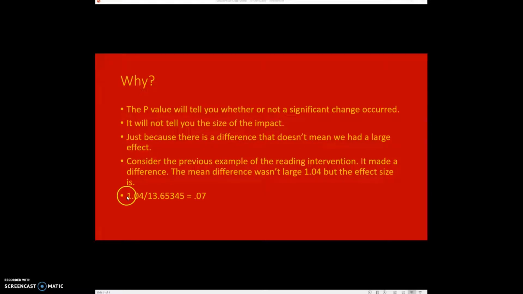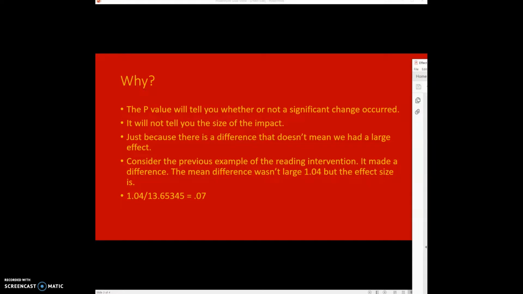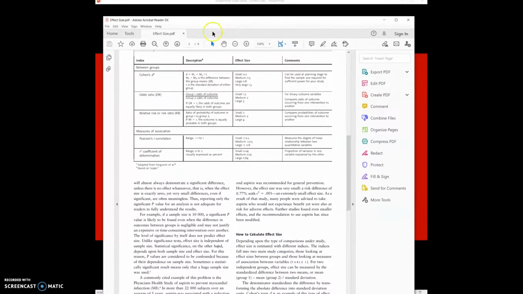I had negative there, but that's okay. It doesn't matter. It's the mean difference. It's an average of 1 point. And you divide it by the standard deviation of either of the two populations. I just happen to use the pre-test. So that effect size is 0.07. That doesn't seem like much, but if you refer to this table on effect size, that's